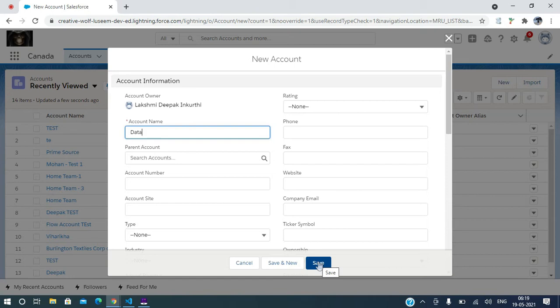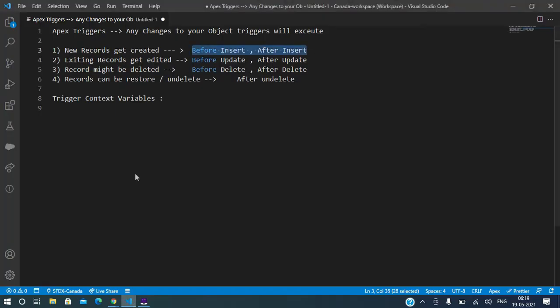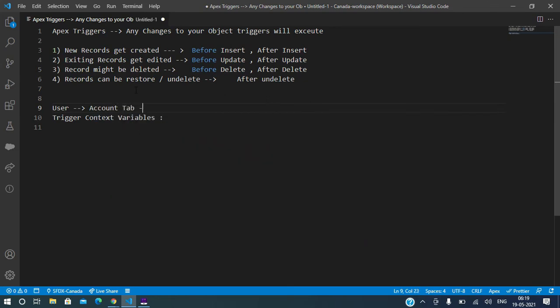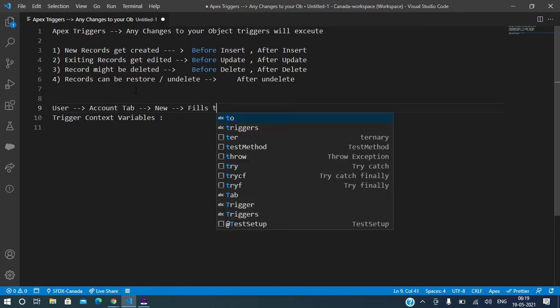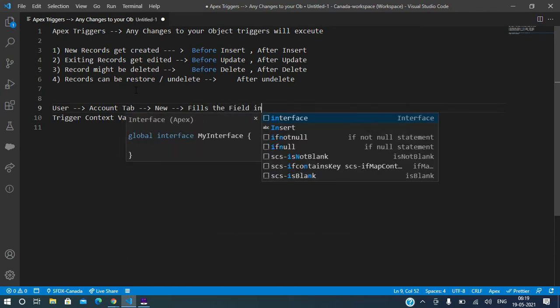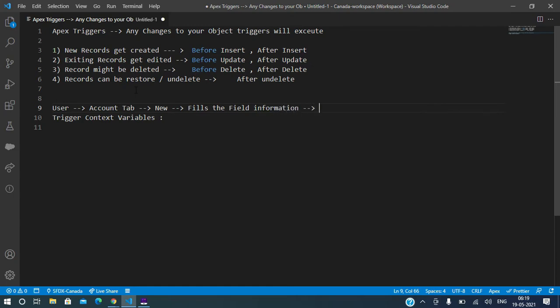Clear? What happens when a user creates an account? He navigates to the Account tab and clicks on the New button. He fills in the field information and clicks save. Then validation rules run.